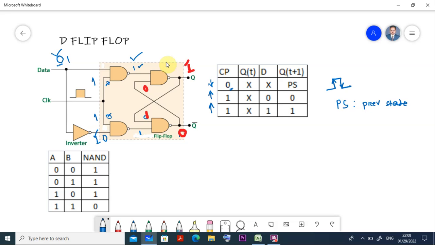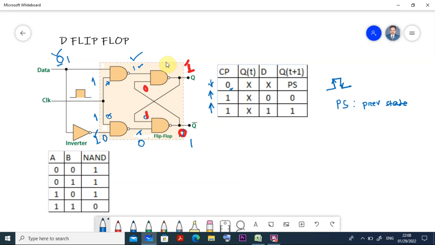Now when both are 1, are you following me? When the clock pulse is equal to 1 and the inverse of 0 is equal to 1, both are 1, then 1 1 1 and it becomes 0 here. Okay, so this is gone, it becomes 0. You get now? When any input of an AND gate is equal to 0, the output will become 0, and the inverse of 0 becomes 1. Here it becomes 1. When it is 1 here, this one is coming here.